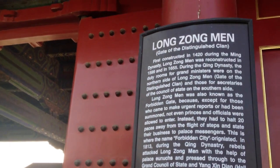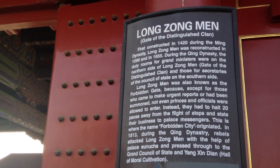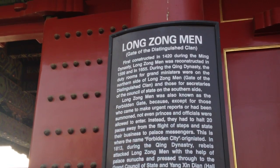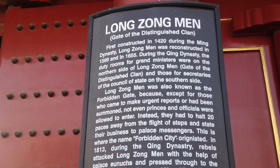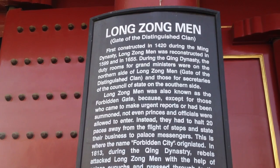This is a cafe. Longzong Men, Gate of Distinguished Clan, firstly constructed 1420 during the Ming Dynasty. Longzong Men was reconstructed in 1599 and in 1655 during the Qing Dynasty. Duty rooms for Grand Ministers were on the northern side of the Longzong Men, and those for Secretaries of the Council of State on the southern side. Longzong Men was also known as the Forbidden...